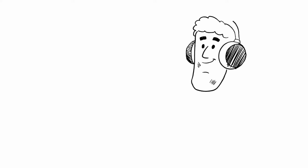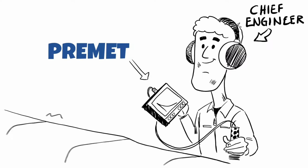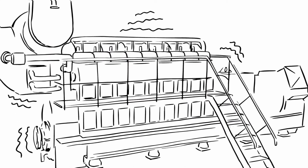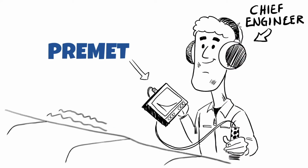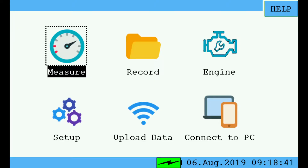Connect your PREMET X with a pressure sensor. If you use an optional TDC or acoustic emission sensor, connect the relevant cable as well. Please refer to the relevant video how to use additional sensors. Press the on-off button for about 3 seconds to switch the device on and press any key to move to